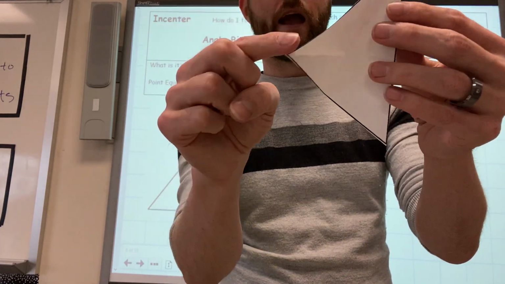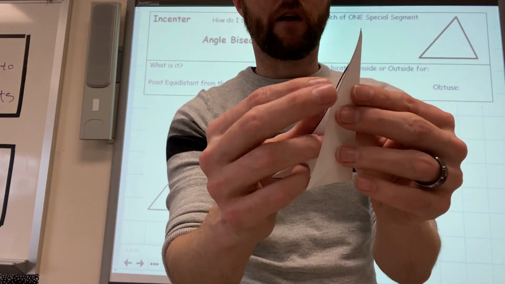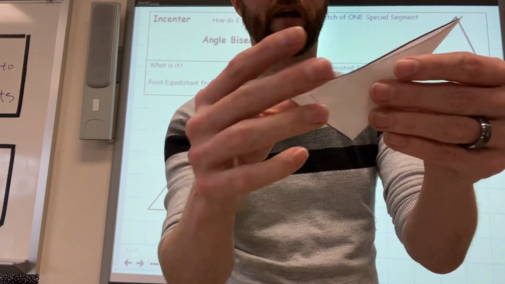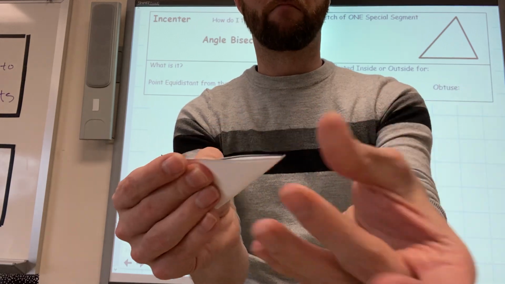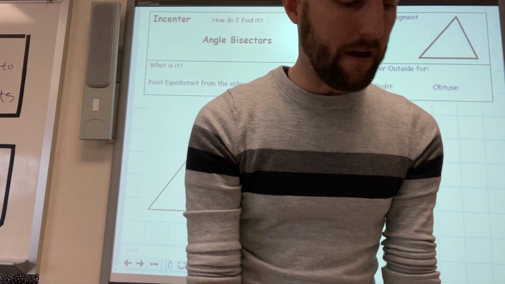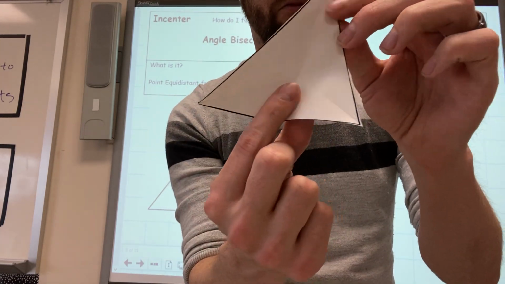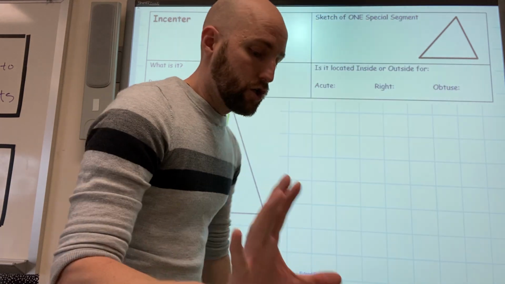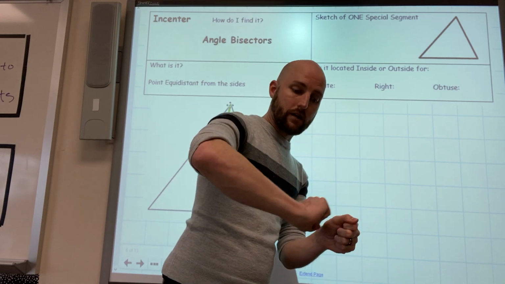So there's one angle I have not yet pinched in half. So I'm going to fold these together like a paper airplane. Again, not super worried about what it's overlapping at the back. I'm more worried just that the edges are the same. That means that this angle is being bisected, and do that crease. If I have done that extremely carefully, they should all intersect at approximately the same point, which is kind of right here. So do that, and I would now go in with your ID badge and just retrace those